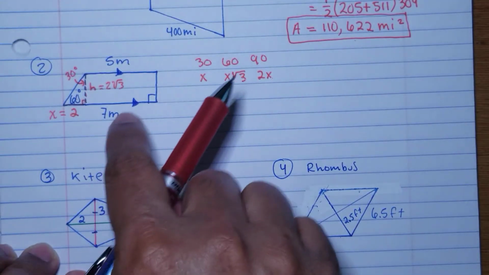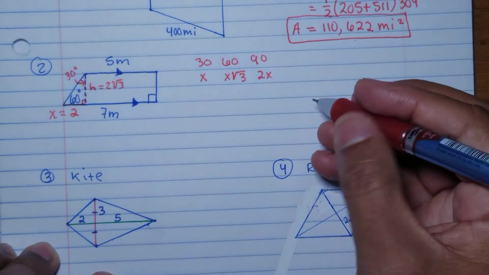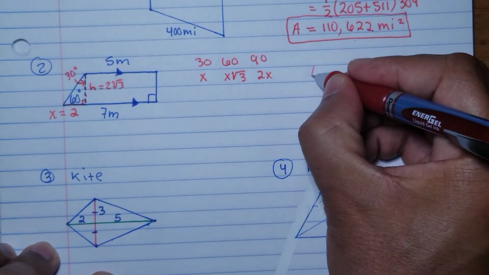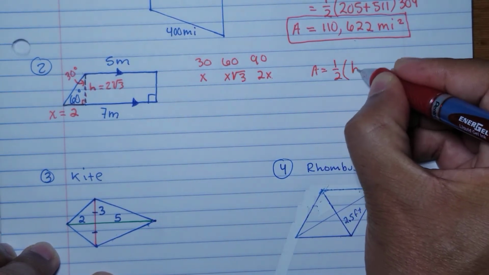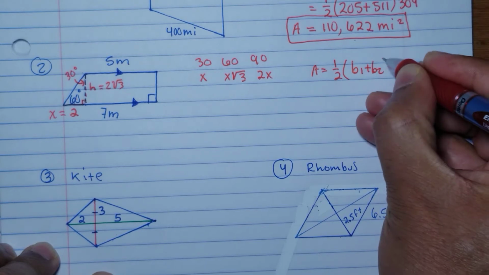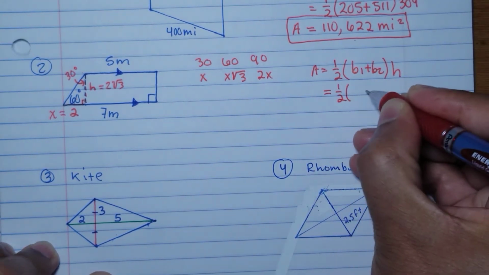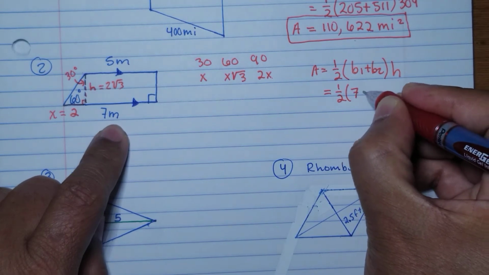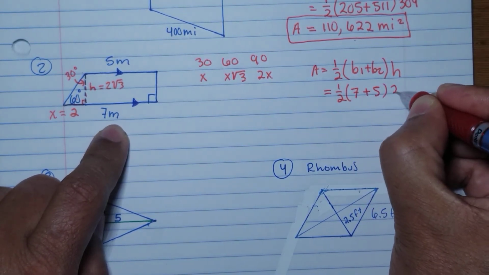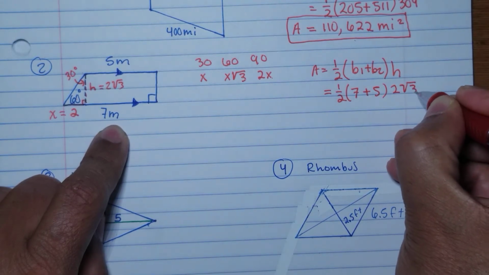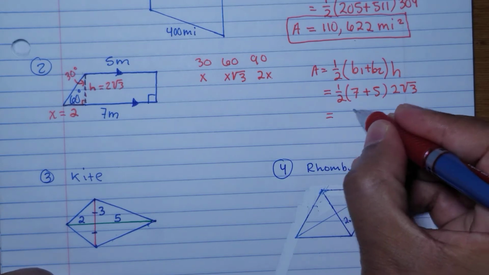So now we have the base and the height of this trapezoid, so we can go ahead and find the area. So the area is going to be equal to 1/2, again, base 1 plus base 2 times the height. Okay, so this is 1/2 base 1, let's say it's 7, and base 2 is 5, and then the height is 2 square root of 3. Okay, so this is going to be equal to